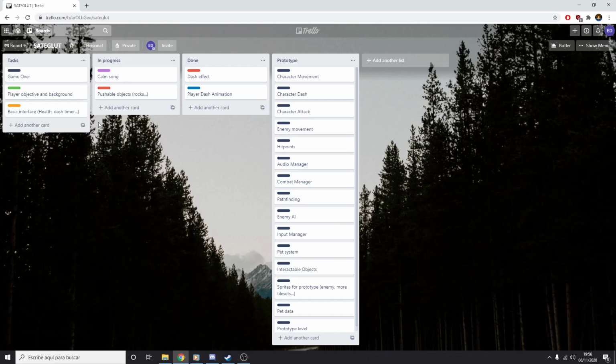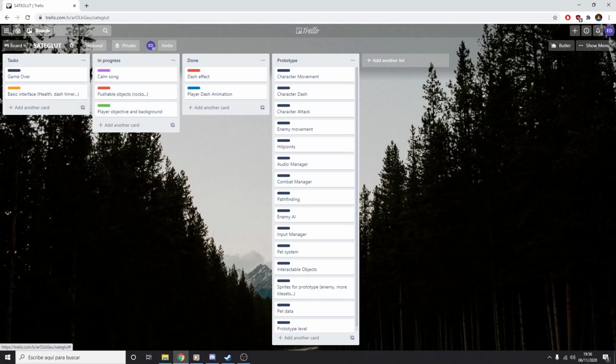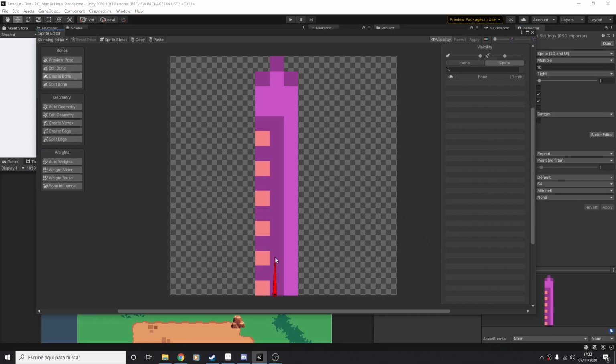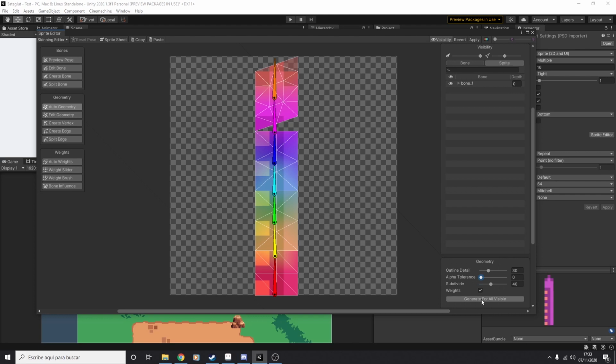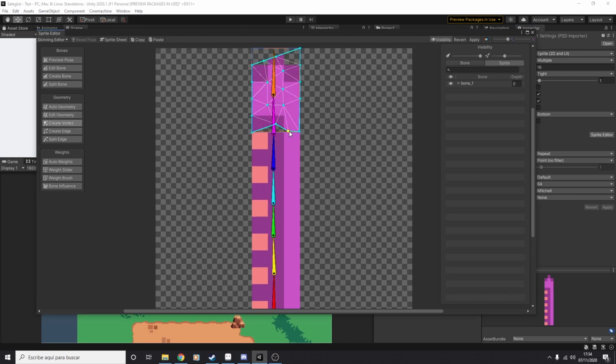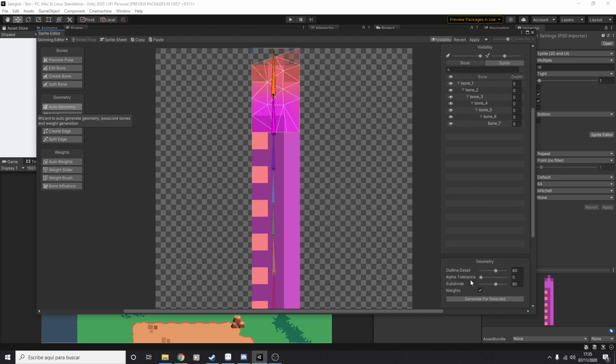Last Friday I started thinking about the game's story and background. I really like the idea of the pet being an octopus. But first I needed to try some things on Unity, so I can be sure that I can pull this off. I wanted to create the tentacles of the pet using Unity's bone and skinning systems. I didn't know how to use either of those, so I searched for tutorials.